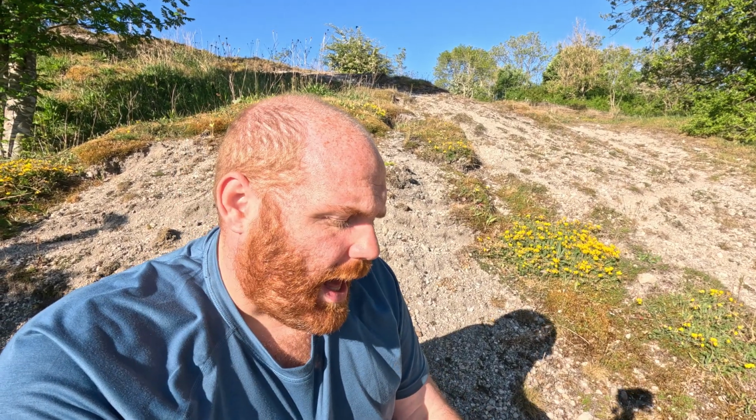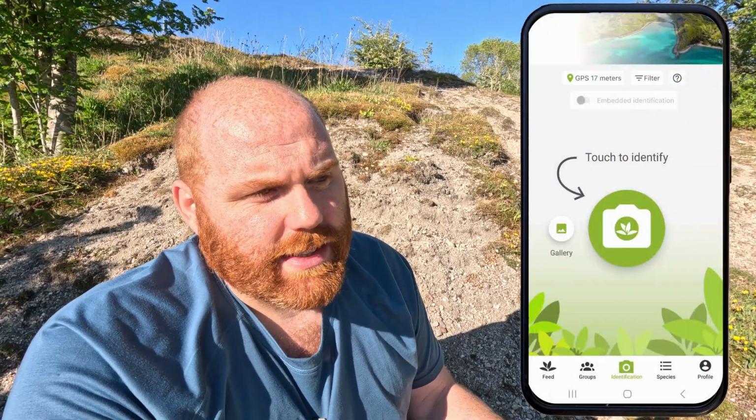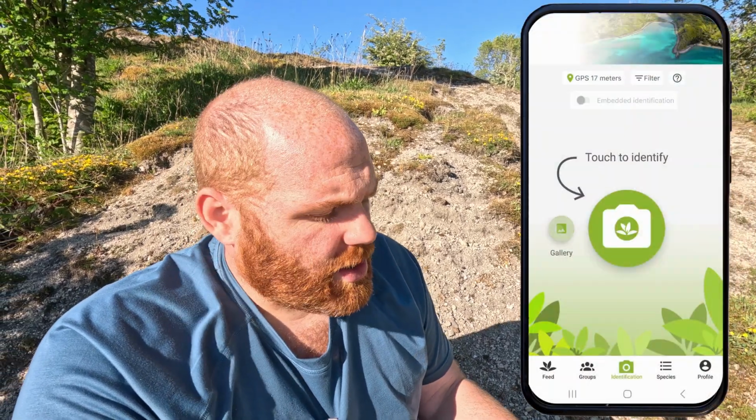Let's start looking at some of the apps, starting with PlantNet. I'm about 75% of the way through this little test of mine, and I've got to say that PlantNet is the app that I go to first. I really enjoy using it. Its user interface is really straightforward, basic to use. It appeals to me. I also really like the way that this is a serious plant app,